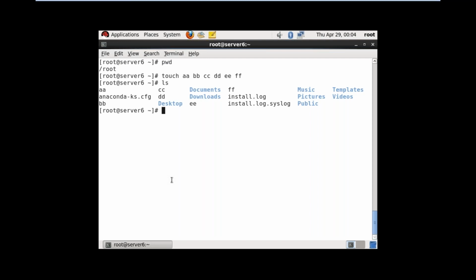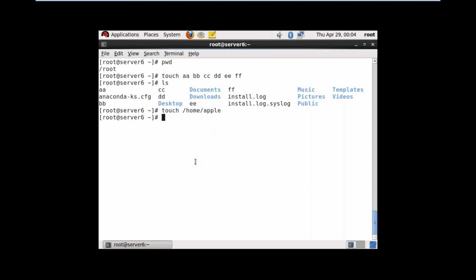But I want to create the file in a different location. That is called the absolute path. You have to tell the path. Path means directory, destination. Touch. I am creating a file under /home. See, slash is the main directory in Linux. Yesterday we already discussed, under slash we have the default home directory of users, /home.